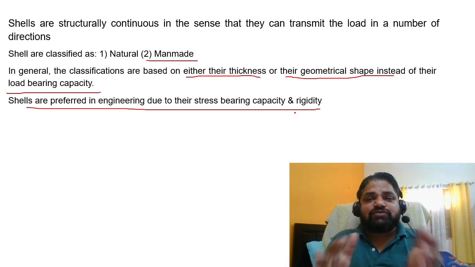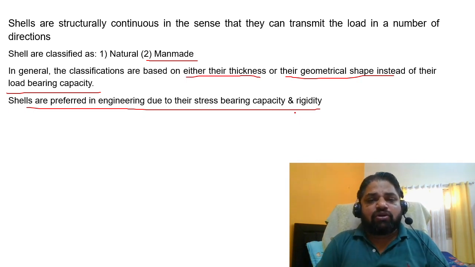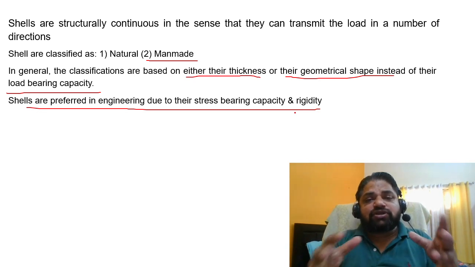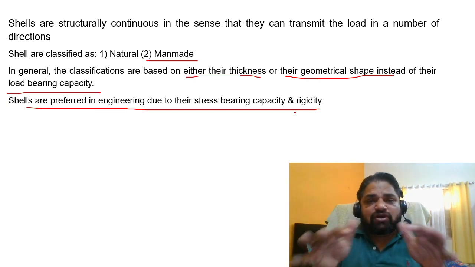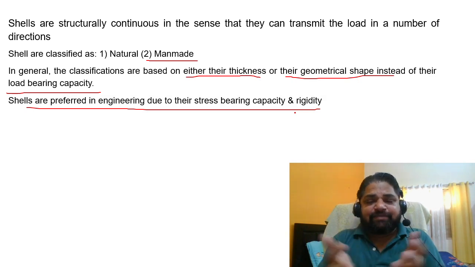there you can also see some kind of similar closed-form shell structures. Due to their rigidity, they are capable enough to take an extra amount of load. Mostly, before the beam and column were introduced, most of the structures followed a similar kind of closed-form shape, like an egg shape.